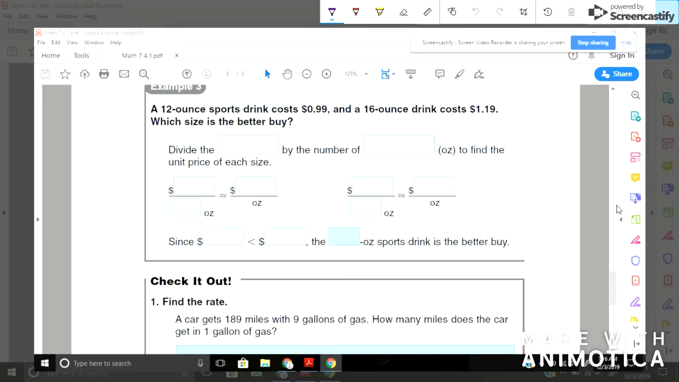So what we need to do is divide the price by the number of ounces. OZ is the abbreviation for ounces, to find the unit price. Okay. So my first one is 99 cents, so 0.99 divided by 12 ounces. And my second one is $1.19, and I have 16 ounces. Okay, what is going to be my unit price for this? Well,